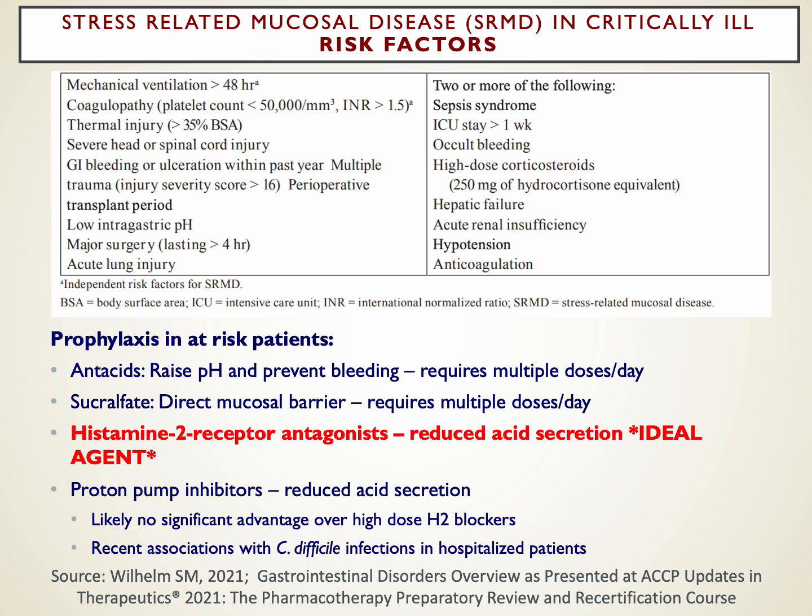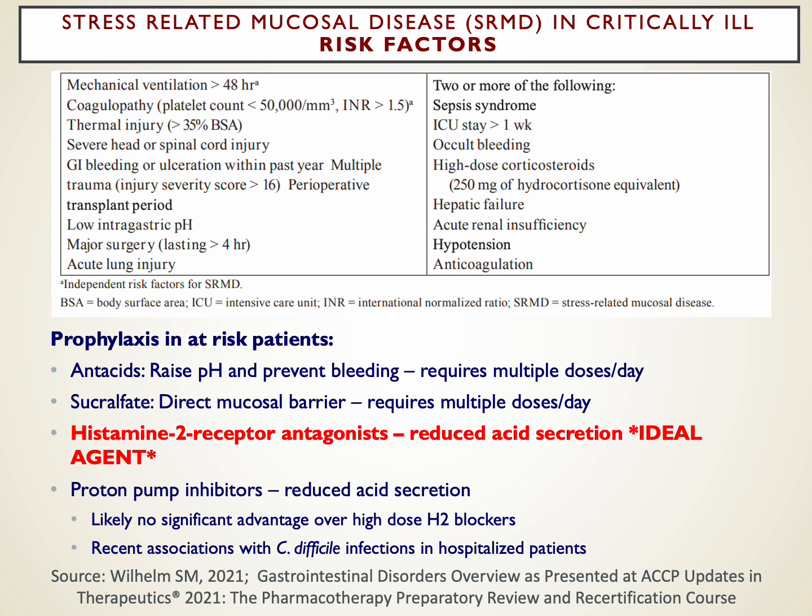Typically, the problem with those two groups of agents is they require multiple doses. They don't really work all that well. The agent of choice I see clinicians often steering to are the H2 blockers, and the reason for that is they do pretty well for most patients. As long as you don't have an existing major GI bleed, they'll usually do what you need, and they are